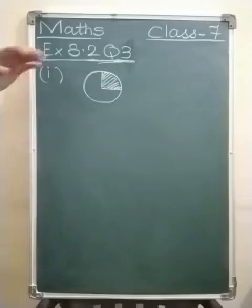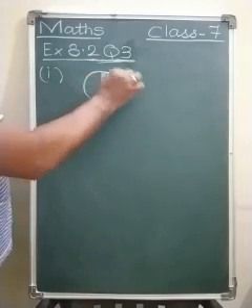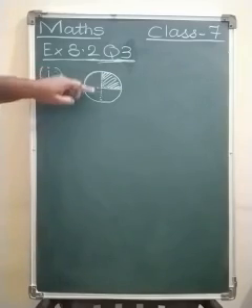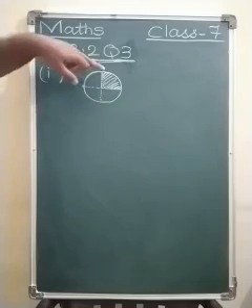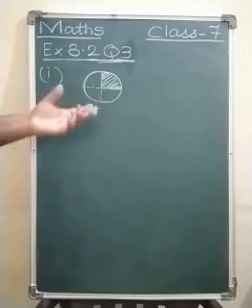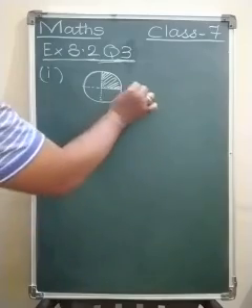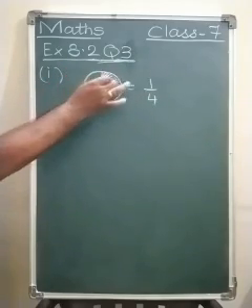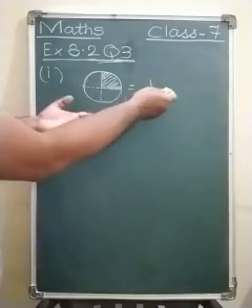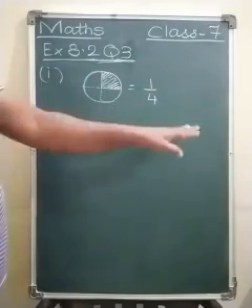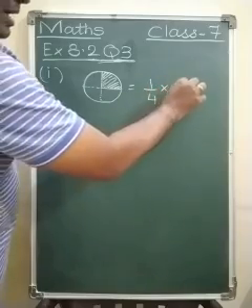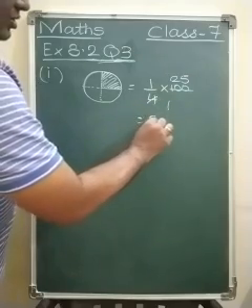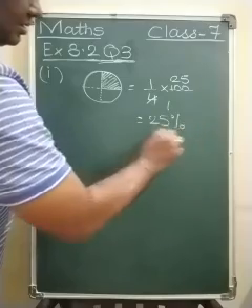Okay, so we can imagine this as 1/4 of the circle. We can see that the circle has been divided into 4 equal parts and one part has been darkened. So the fraction of this part comes to 1 upon 4. Total number of parts 4 and the darkened part is 1. Fraction is there. Again, if you want to convert this fraction into percentage, simply multiply it by 100. 4 ones are 4, 4 25s are 100. So this equals to 25%.